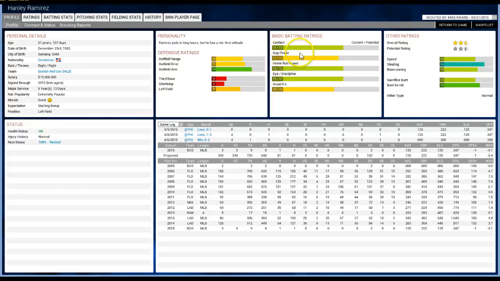His gap power, what he can do with doubles and triples, basically. Home run power, just how he can straight jack the ball. Eye and discipline, his walking ability and avoiding strikeouts, how often he strikes out or not. You get a speed rating here, it's how fast he runs. Stealing is how smart he is on the bases, not necessarily how fast he is. Base running is when the ball is in play, how fast he can go around the bases. Then sac bunt and